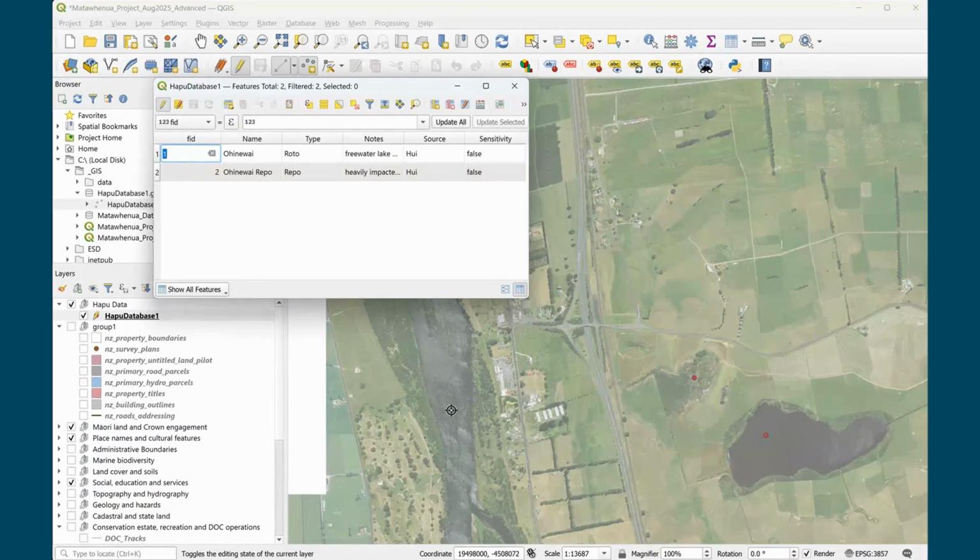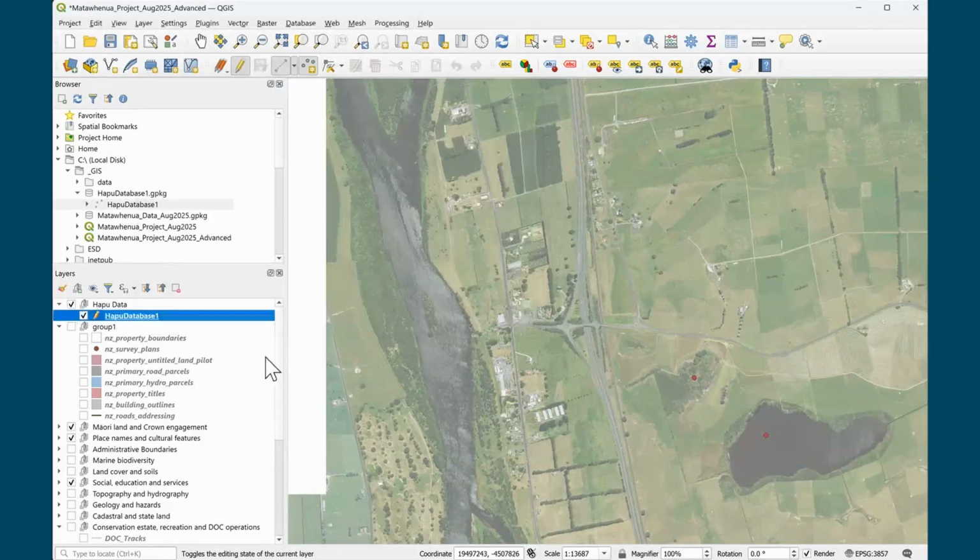So let's just recap. Data is on our computer. We've created that kind of spreadsheet type view. We've created a database called hapū database, and also the layer hapū database, because I forgot to rename it. Hapū database 1. So we can put any number of points in here representing places, mahinga,